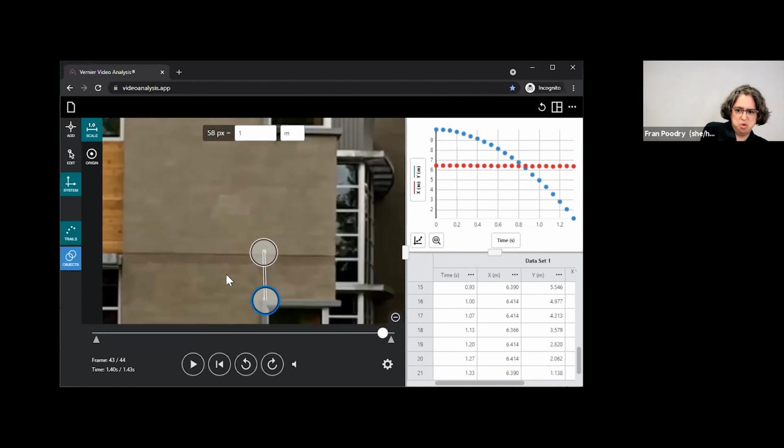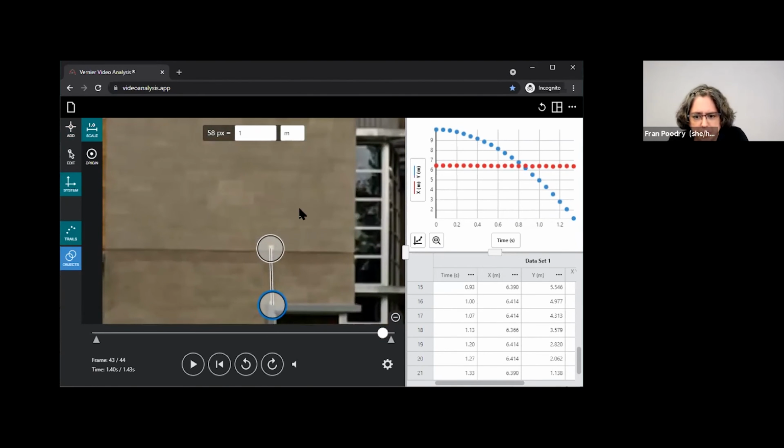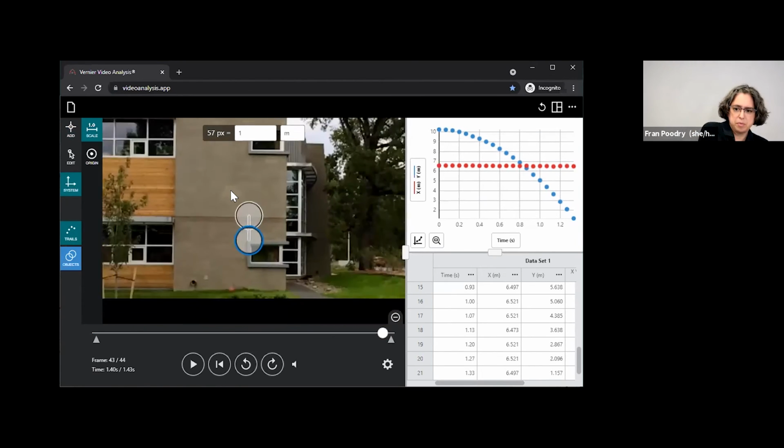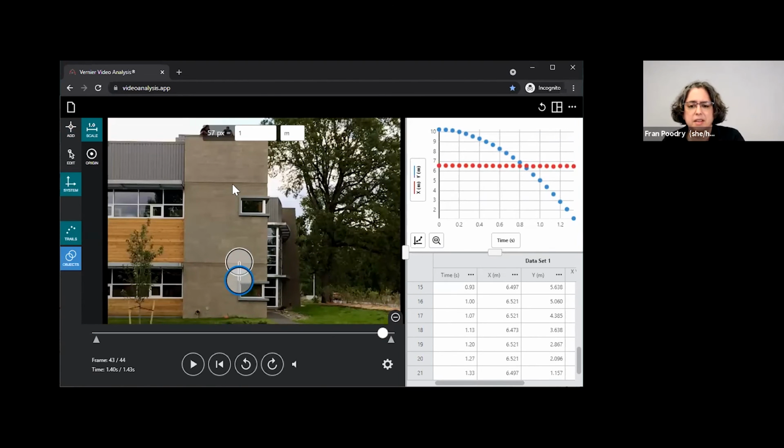And if you zoom in, that can help you place the ends of these circles and the ends of the line in the circles. And then zoom back out. So that's 1 meter. If I had a different, like if I knew how tall the building was, I could